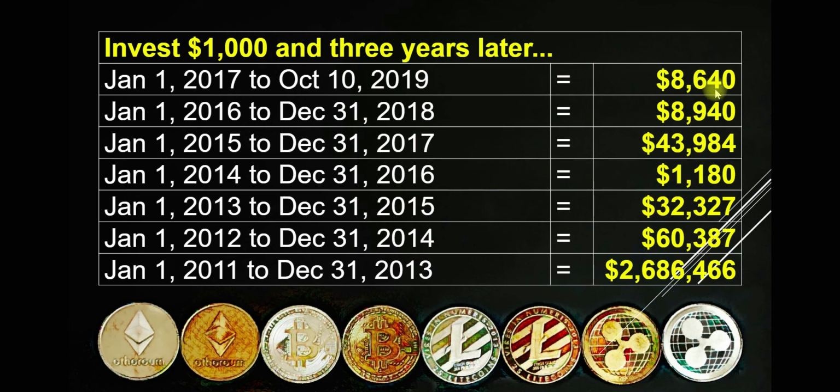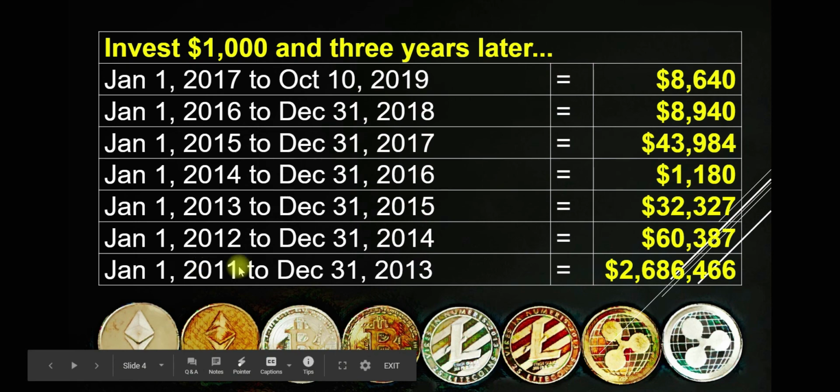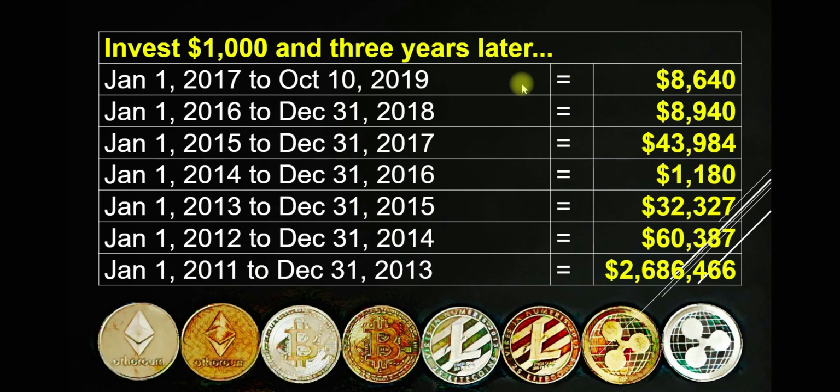$8,640. Now, all the way down to the last date here, if you bought Bitcoin on January 1, 2011, and then sold it on December 31st, 2013, it would have been worth $2,686,466. Now, the point of me showing you this chart is I want to remind you that, in my opinion,